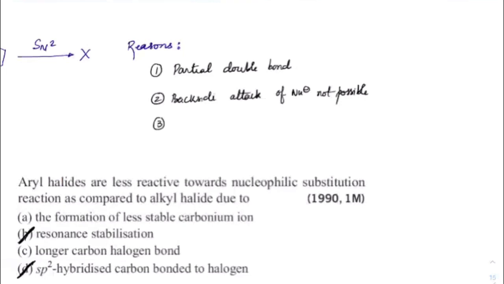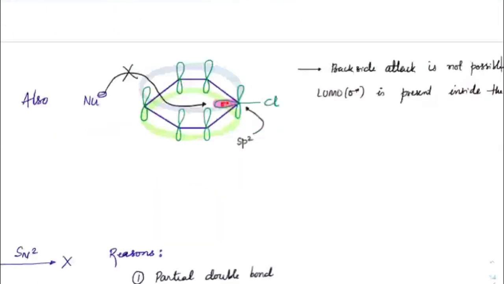Okay, and third, nucleophile and pi electron repulsion. Got it? Fourth, resonance. Anyway, these are all similar terms. The partial double bond is because of that resonance only. So you could be asked in any of these ways. Remember any of these terminologies given; these are all correct options. Whether it is a partial double bond, or a backside attack, or nucleophile pi electron repulsion, the nucleophile is not able to approach here because of these repulsions due to the pi electron cloud.